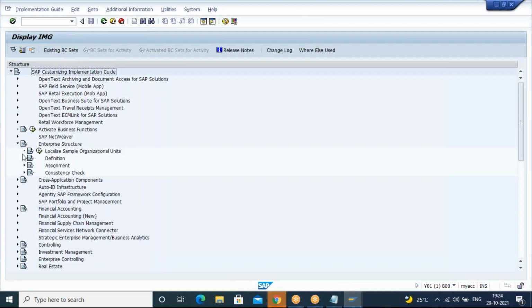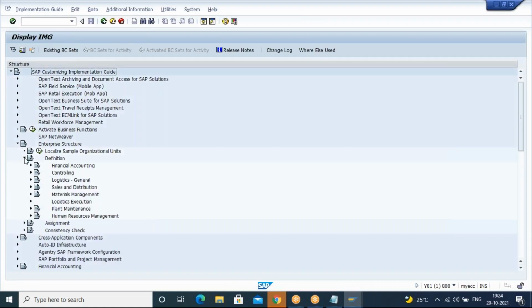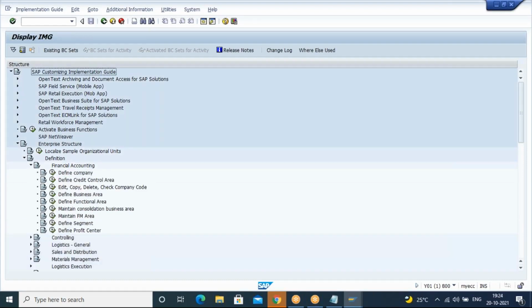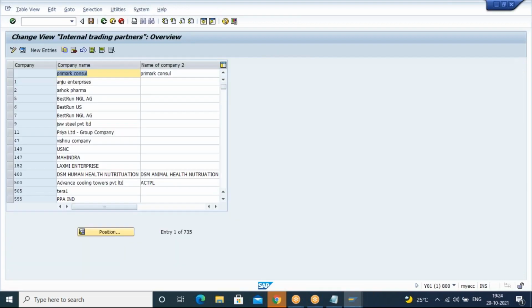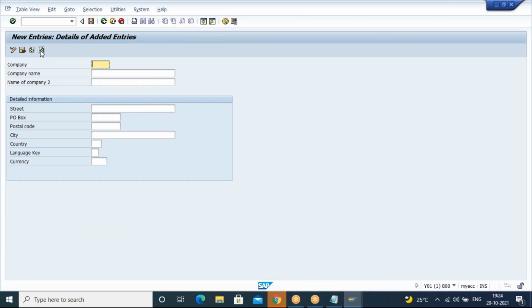Under the enterprise structure, go to the definition. Under the definition, go to the financial accounting. Under the financial accounting, click on define company. Now click on the new entries. If you want to create a company, we need to click on the new entries. Once you click on the new entries, here we are going to provide a company ID. Just a minute.